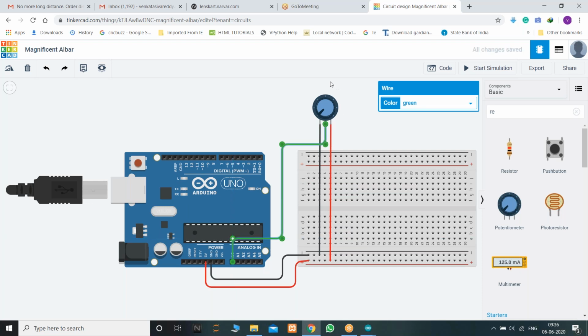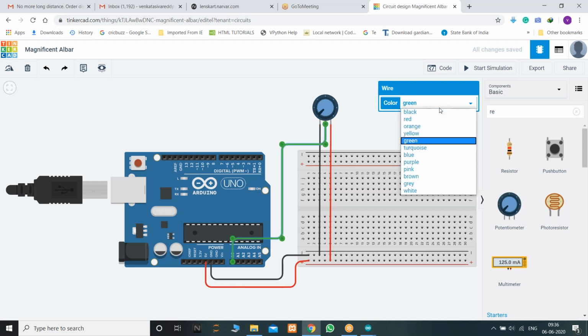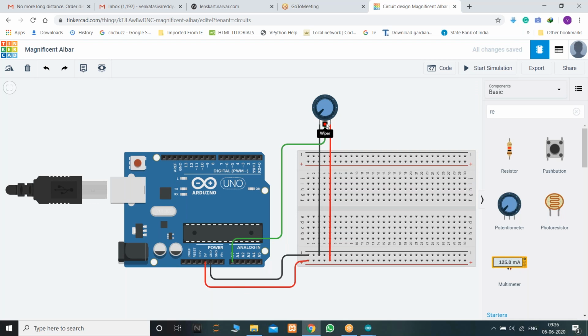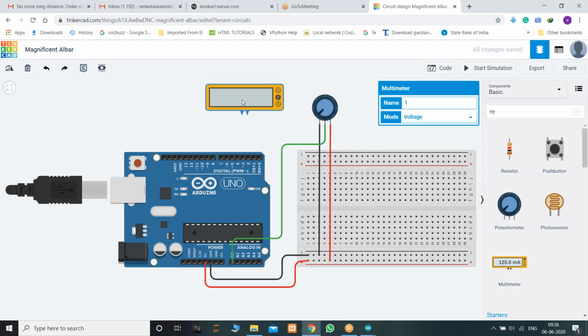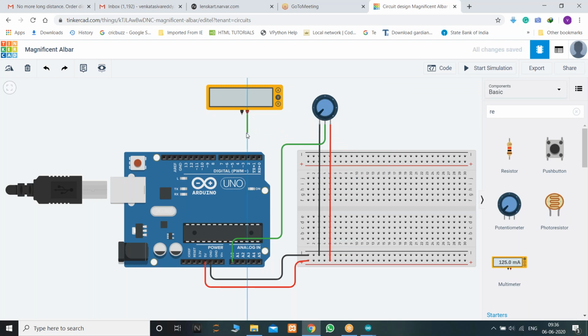So here I'm feeding this potentiometer 5 volt supply. Based on the probe value, the voltage will vary. So let us check how much voltage is generated for 0 volts and how much for 5 volts. I'll show you the output values here with a multimeter. Let us connect this multimeter, with the positive terminal connected to this probe, and the negative terminal connected to ground.